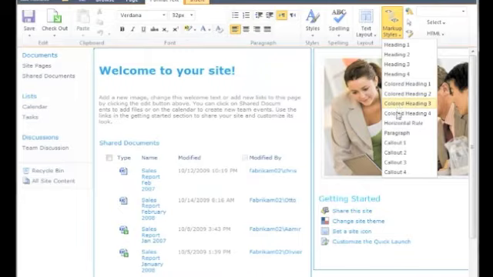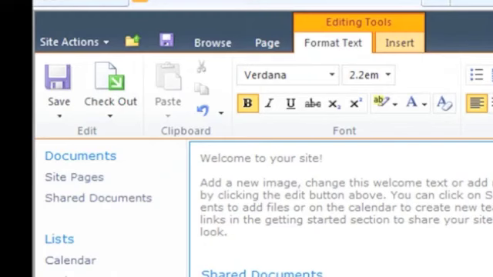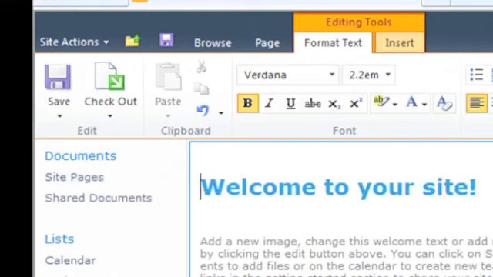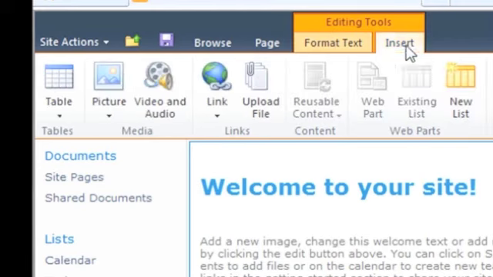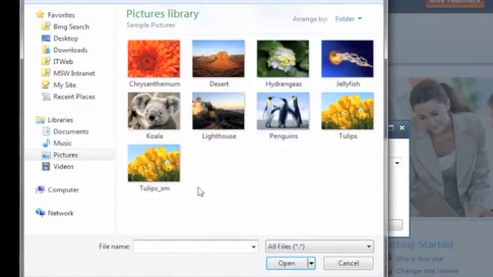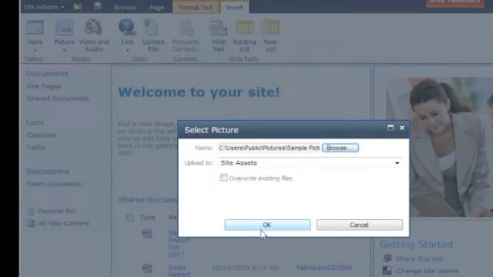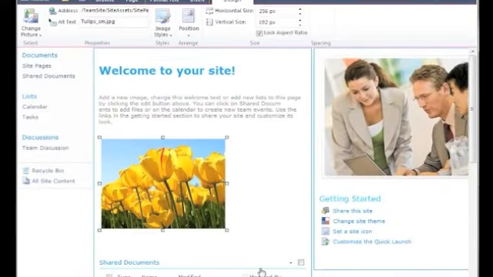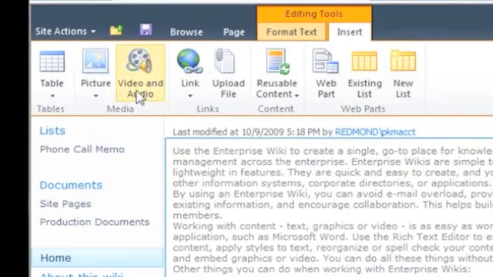It's also a lot easier to insert reusable content and web parts. If we click the Insert tab on the Editing ribbon, we see that there is a command for almost any object or item we might want to insert onto a page. I do want to highlight several new features that the ribbon makes available to you. Inserting a picture is easier now. You can select a picture from your computer or the network and insert it without leaving the page. Clicking the Video and Audio command inserts the new Silverlight